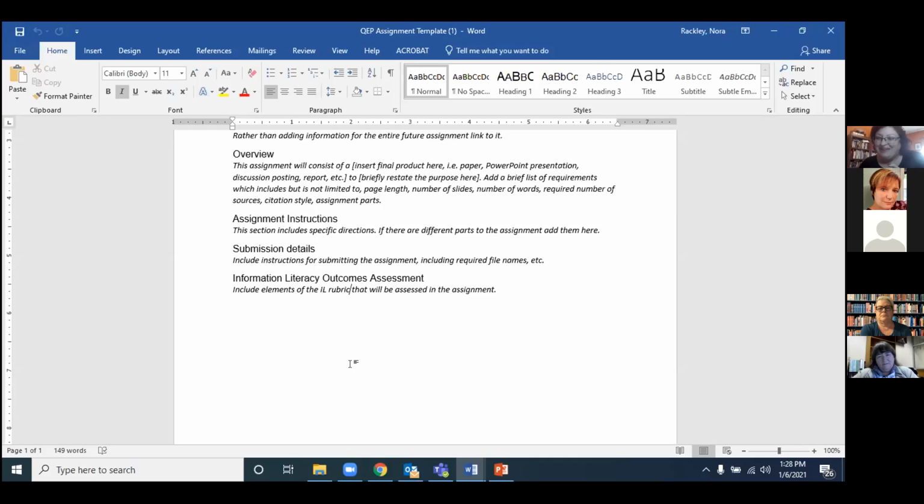And we're going to pull out the information literacy rubric requirements, which include using information, evaluating information, citing information, and accessing information, I think. Use it, evaluate it. I don't remember. Anyway,